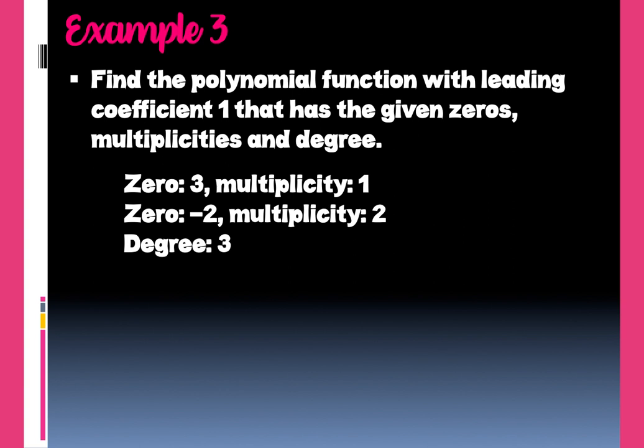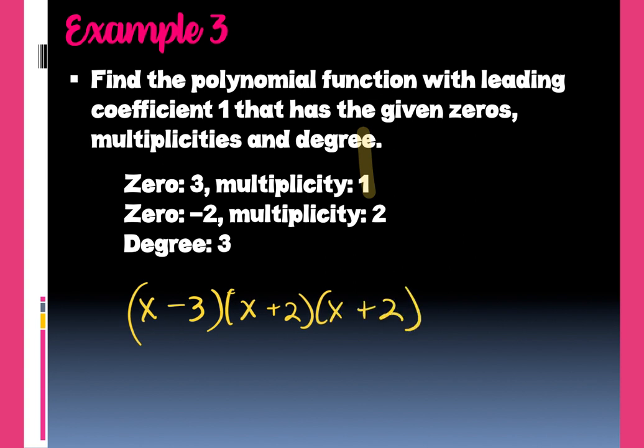Then it says it has the given zeros, multiplicities, and degree. So it says that it has a 0 of 3 with a multiplicity of 1. What does that mean? There's only 1. So when I write that one out, it's x minus 3. Then it says a 0 of negative 2 with a multiplicity of 2. What does that mean? Means there's 2 of them, so it'd be x plus 2 and x plus 2, because it'd be a minus a negative. And degree of 3 means